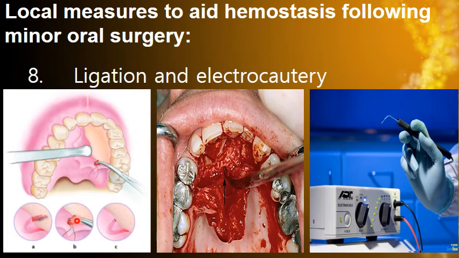I will clamp the severed artery with artery forceps, and then I will tie a suture around it. This is the ligation process. If I have a large blood vessel, I use ligation. Sometimes, if it is a smaller blood vessel, only the clamping of the blood vessel will cause the stoppage of the bleeding. While electrocautery,